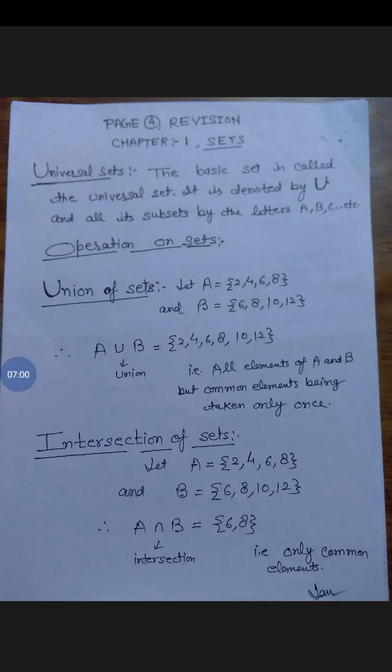So what are the operations of set? Number first is union of set. So here two sets are written, A and B. You may see here in these two sets 6, 8 are common. So you will write in the union only once the common element. 6, 8 आप दो बार नहीं लिखेंगे. 6, 8 दोनों सेट्स में कॉमन एलिमेंट है, तो ये 6, 8 आप सिर्फ एक बार लिखेंगे यूनियन में. सो व्हाट इज A union B? इट इज 2, 4, 6, 8, 10 and 12.